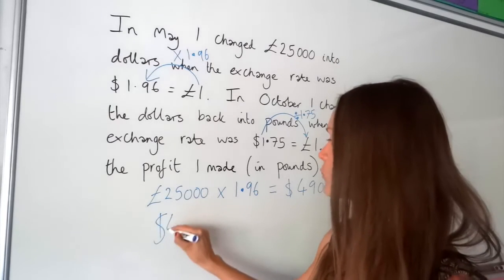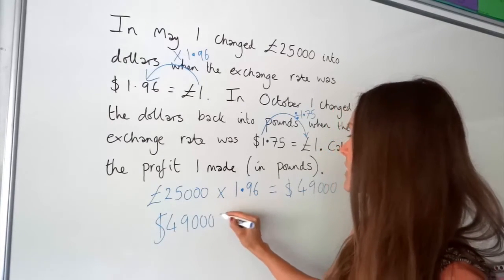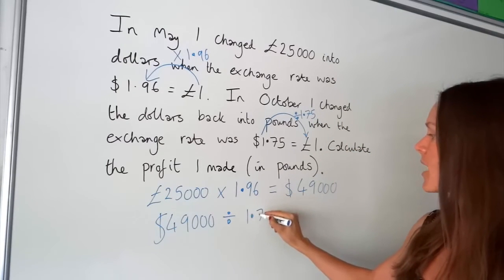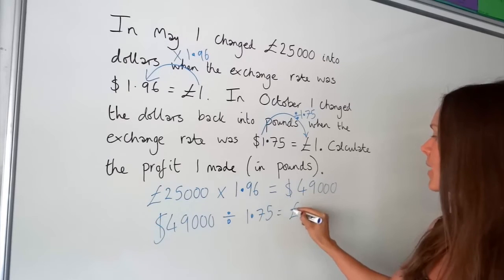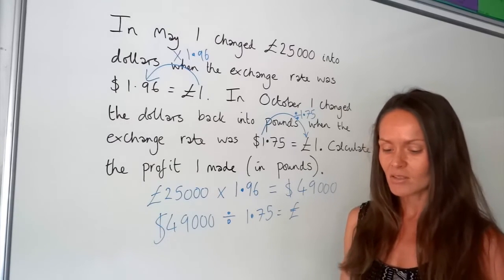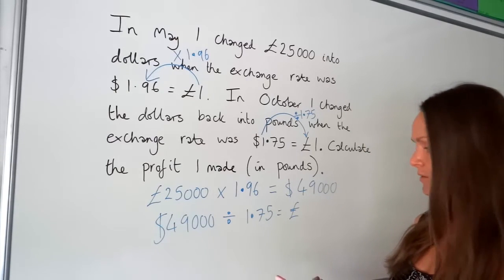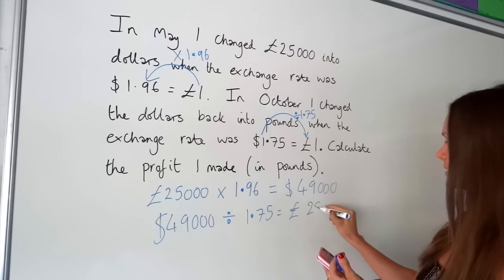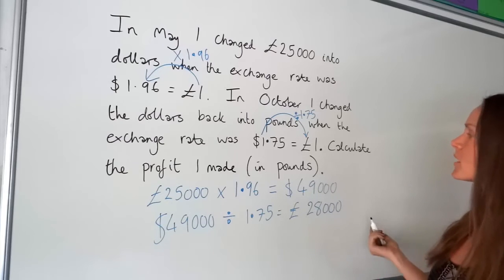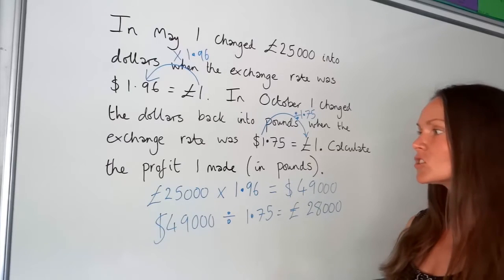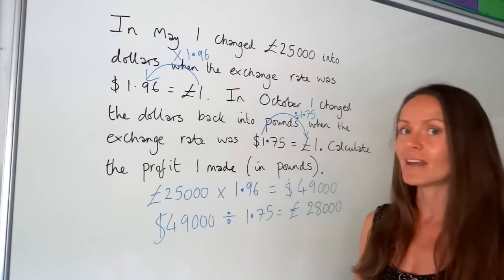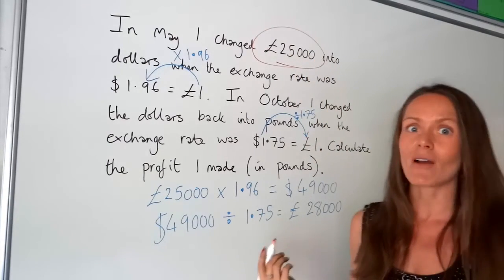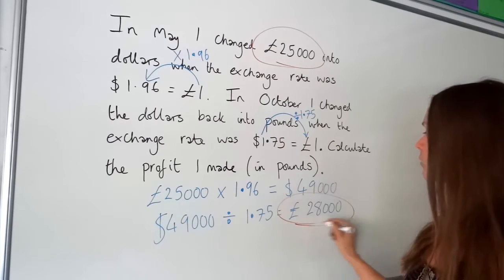So $49,000 divided by 1.75, and that will turn my money back into pounds. So let's work that out. So 49,000 divided by 1.75, and that gives me £28,000. So in just a few months, we've made an excellent profit because we started with £25,000, and now in